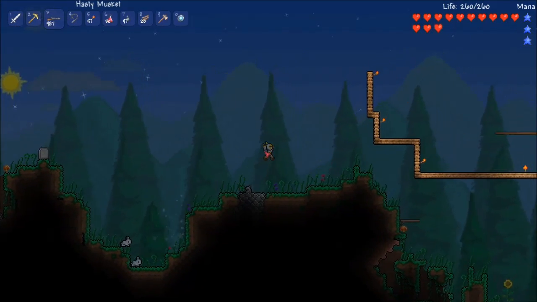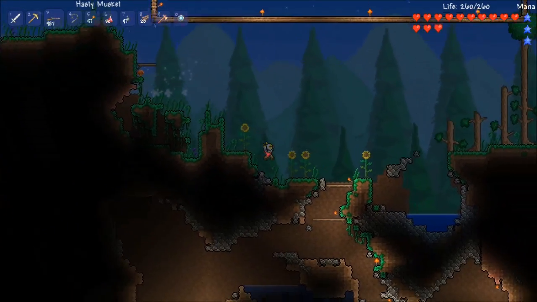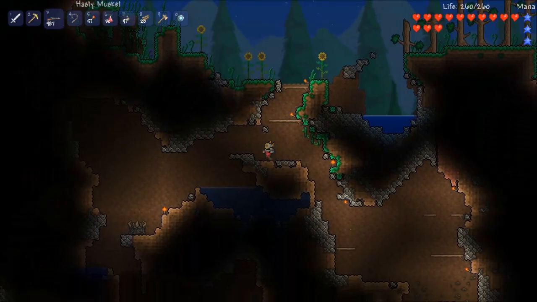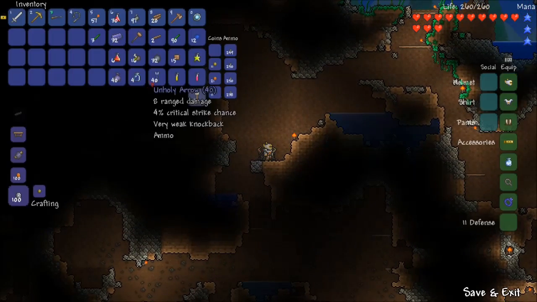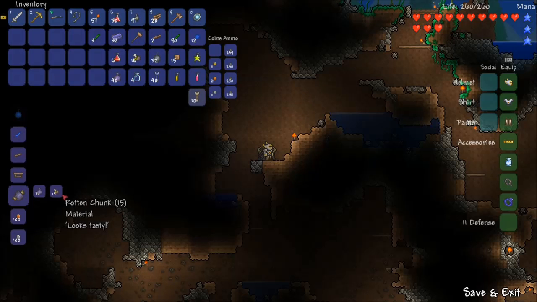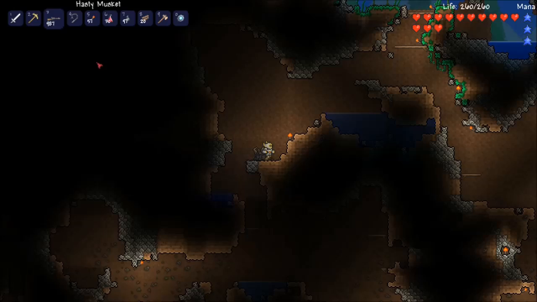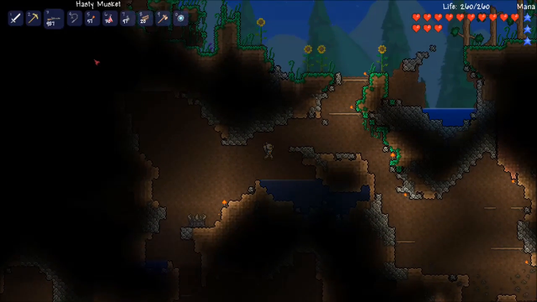So the Eater of Worlds is pretty much a worm that comes out of the ground, and he's in a bunch of segments. You can see I made a little shortcut here. And all you've got to do is kill all the segments. The front and back segments have more. Let's see here, 30 vile powder, 15 rotten chunks. Alright, so I'm going to need to farm some more if I want to fight him again. That's okay, because at least I can fight him once, and we will save that until we are in the